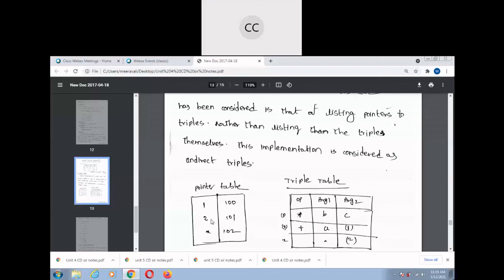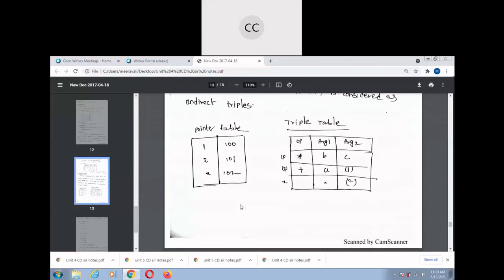So I give address 101 to one statement and address 102 to X. It is the same triple representation, but for the statements I maintain a separate pointer table. Instead of pointing directly to the statements, I point through addresses. This is the pointer table. This is called indirect triple representation.